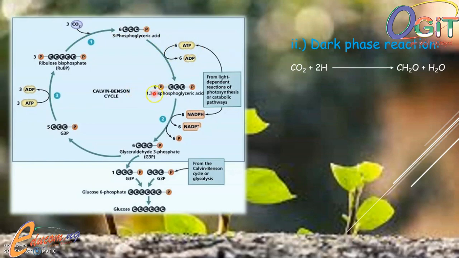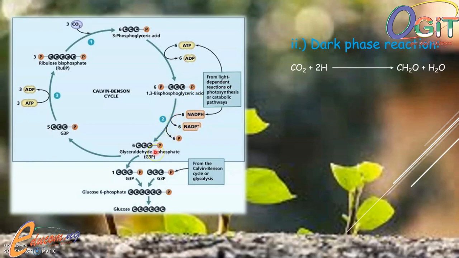This 1,3-bisphosphoglyceric acid will also use the NADPH, which is also formed during the light phase reaction, telling us that the light and the dark phase reactions are actually interdependent. The product of one is used as the source of energy for the other. So to move on now, the 1,3-bisphosphoglyceric acid formed at the second step